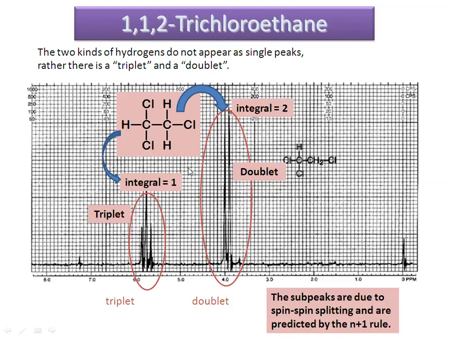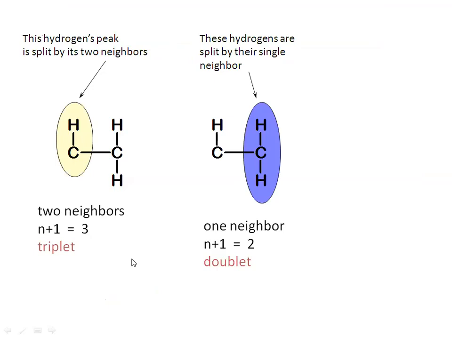When you look into the splitting pattern now, for the methylene protons there is one neighbor, and that's why you can see that it is coming as a doublet. While the methine proton can see its two neighbors and will come out as a triplet. Here you can see that this is the methine proton and it will come out as a triplet, while this is your methylene proton and it has to come out as a doublet.